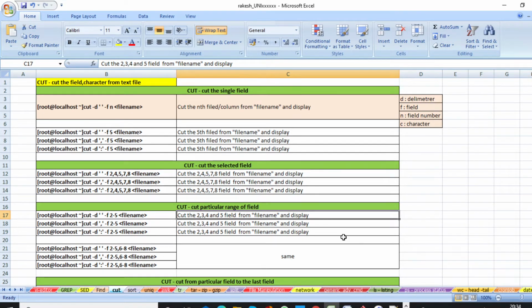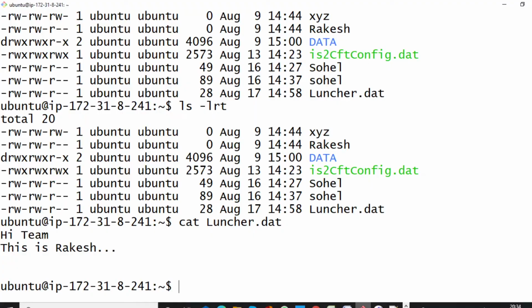Okay, so let's take an example. Here you can see, we can use the cut command in two ways. Before going to the cut command, I just want to show you one thing.